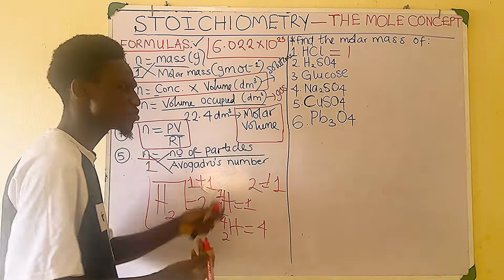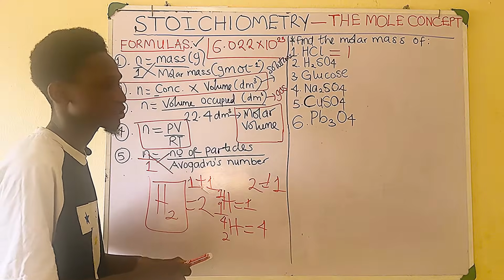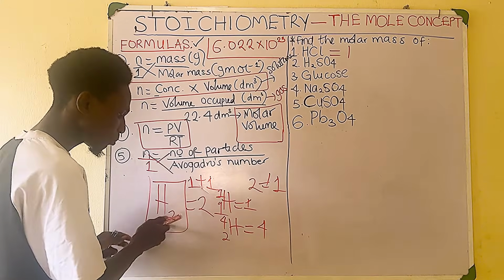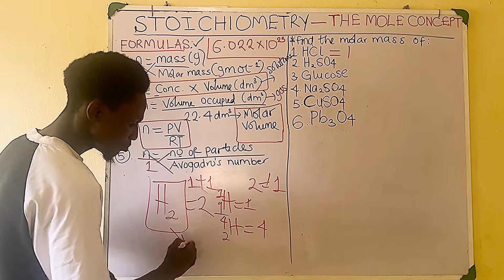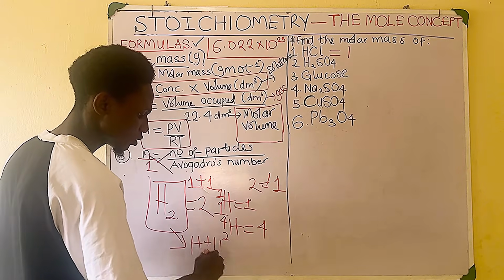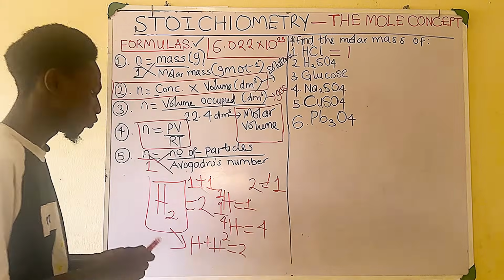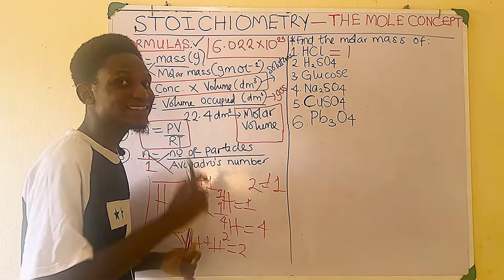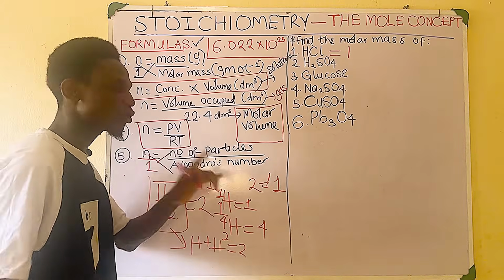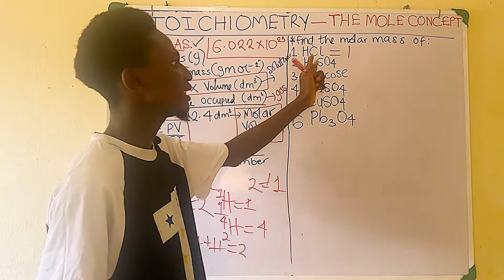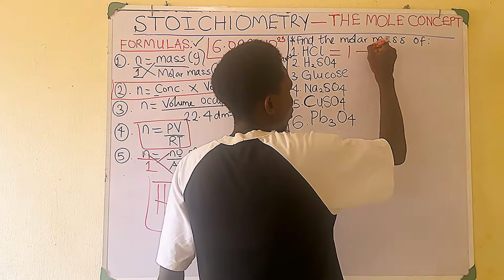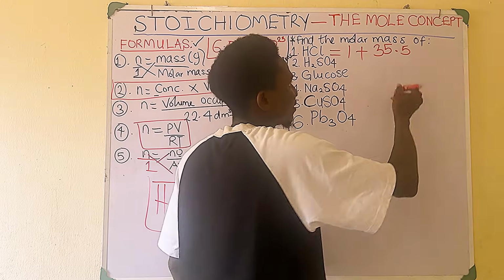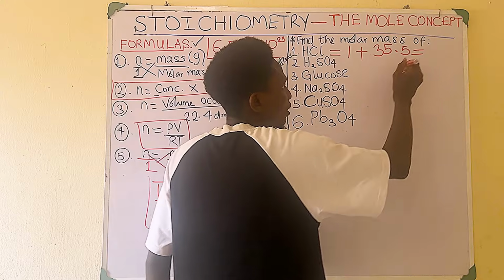We're going to get to the difference between relative molecular mass and relative atomic mass. And so if you look for the molar mass of H2 or the relative molecular mass, it becomes 1 plus 1, because this molecule means H plus H, as I was explaining in the previous video, which gives you 2. Hope you get. But for a single atom of hydrogen, its atomic number is 1, then its relative atomic mass is also 1. Please take note. So here we have 1. So 1 plus, I stated previously that chlorine is 35.5. So it means that the molar mass of HCl is